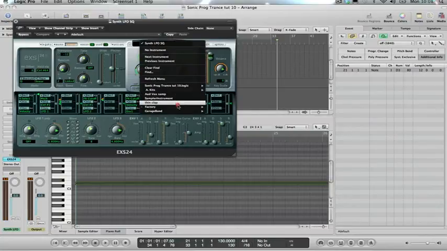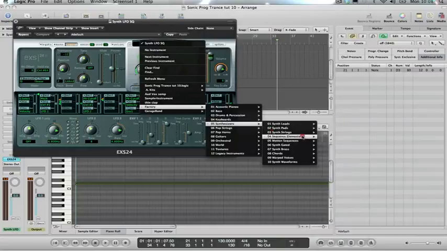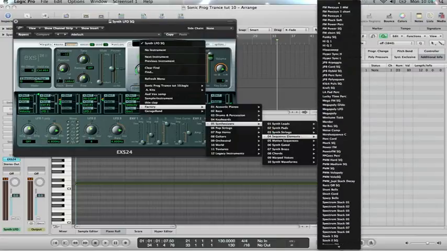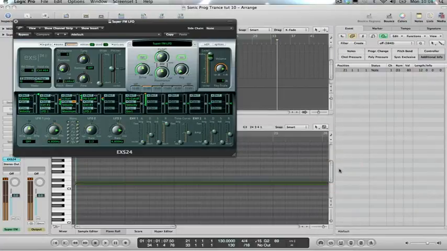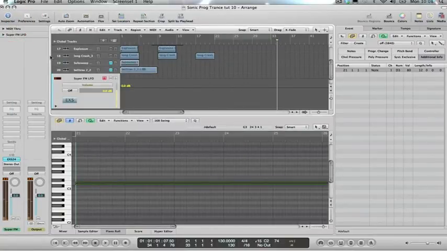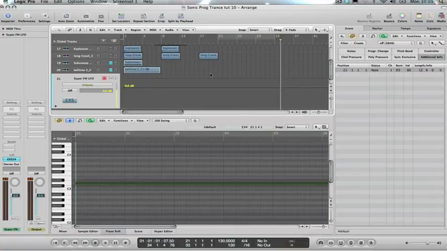So it's almost dubsteppy. This is going to be an answer to our bass. So switch off automation,